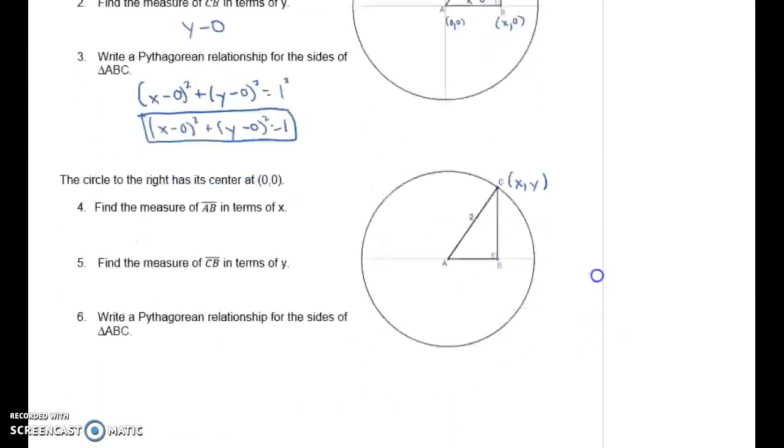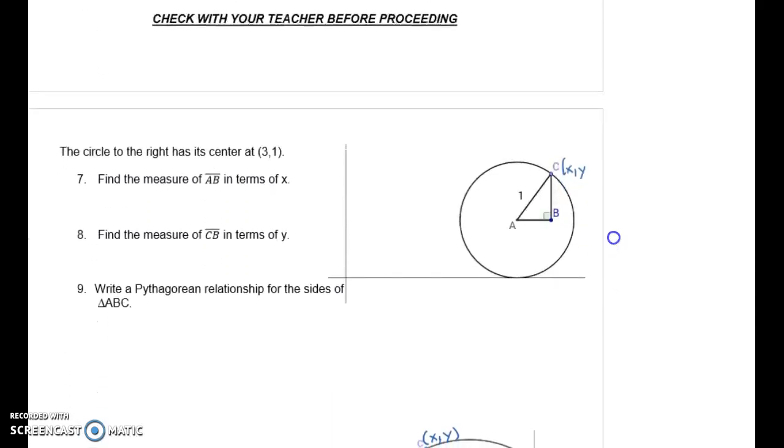We're going to skip this next one. I want to actually get to this one right here. I think this is a good problem. We know that the center here is at 3, 1. And we know that this point B is at x, 1. And then C is at x, y. So if we want to find AB,